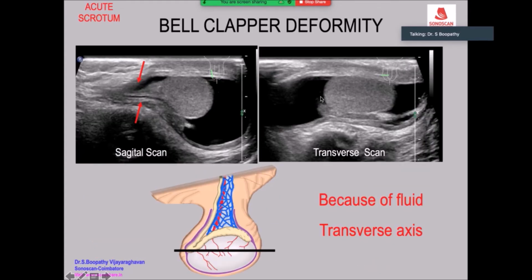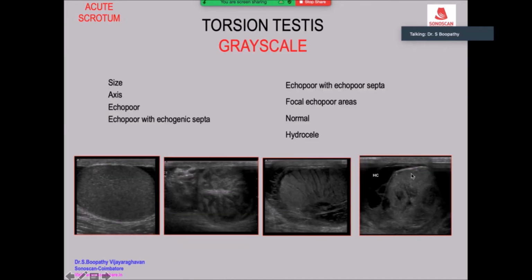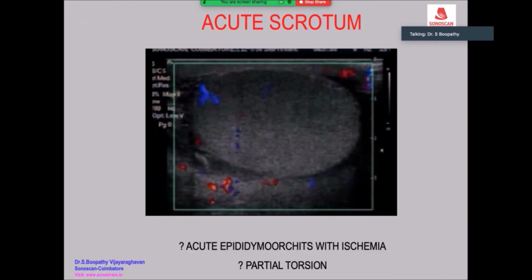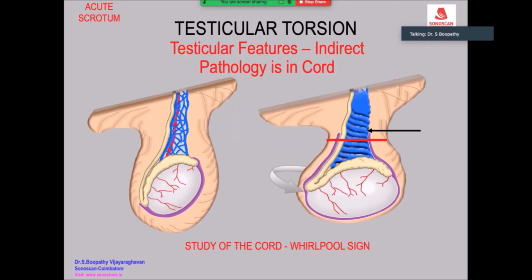Transverse axis, and you see the long axis of the testis. So these are all the various grayscale features in the presence of torsion of the testis. And when you put on color, you fail to see any flow, which indicates ischemia, or is it partial torsion? For the twist, the sign is called the whirlpool sign. So this is